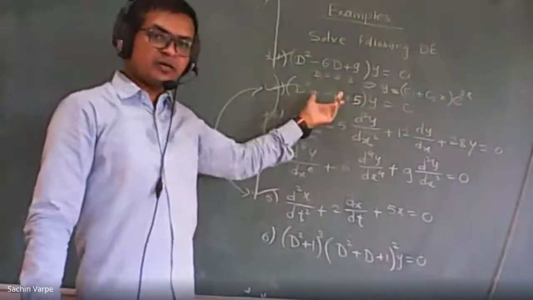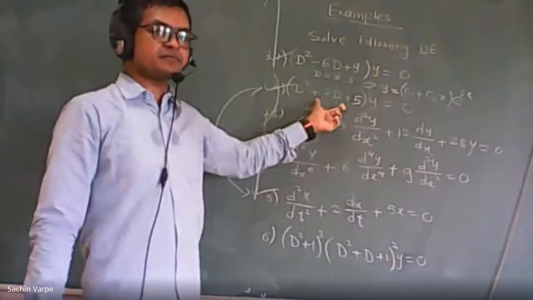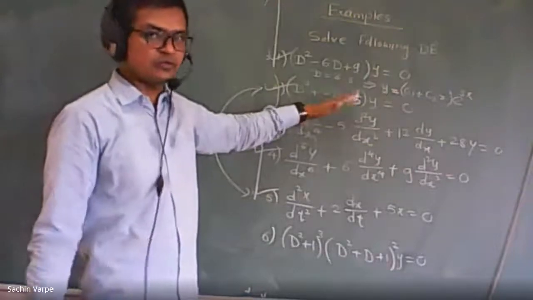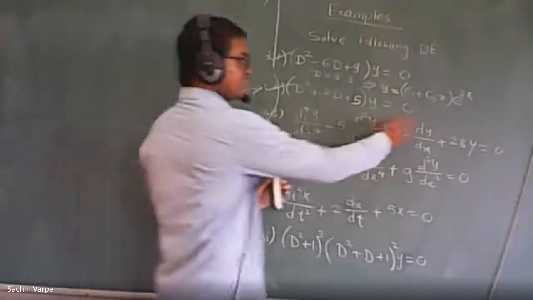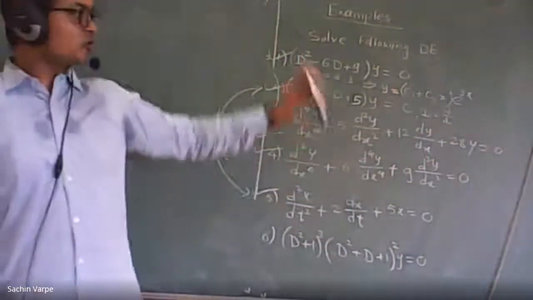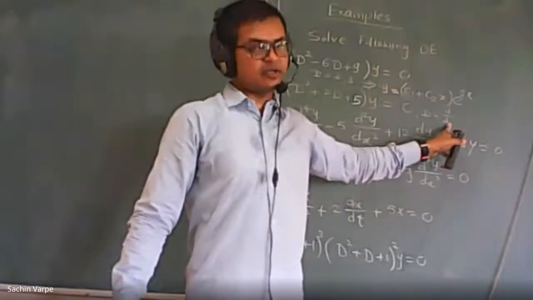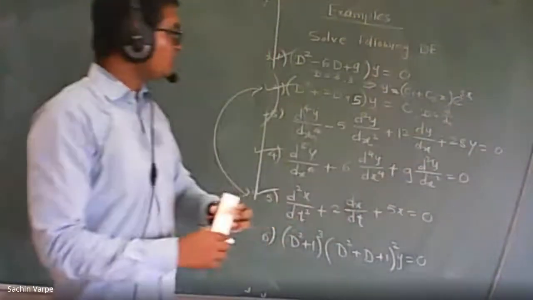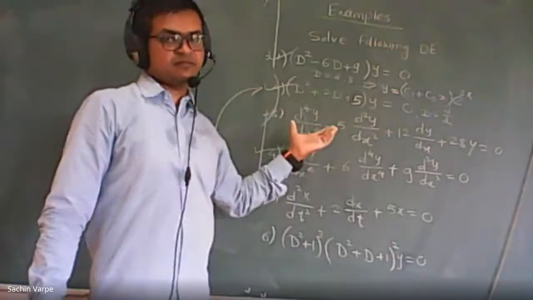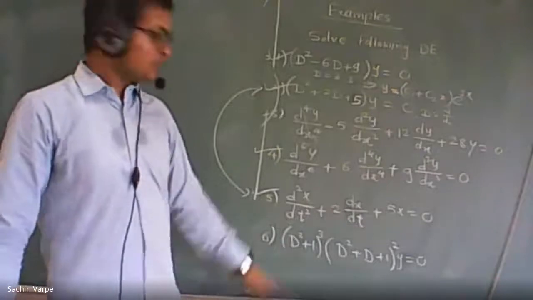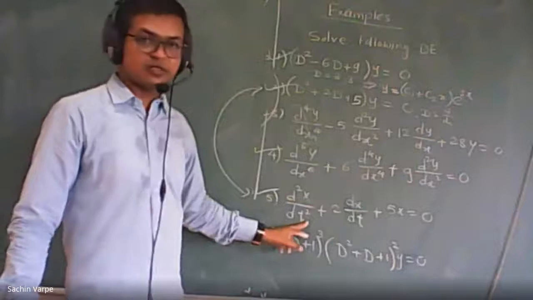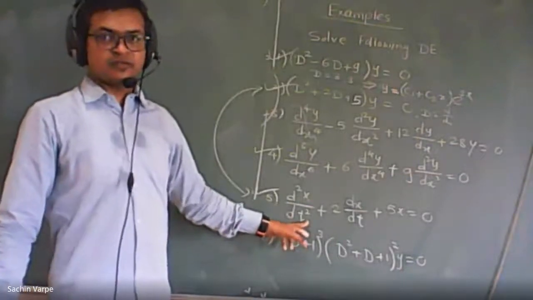It may be t or it may be anything. So even for this example, if you use the independent variable to be t, that is okay. Don't worry. But if it is given additionally that capital D is nothing but d by dx or d by dt, then you have to use that independent variable. Here only the dependent variable is given, the independent variable we don't know, so we can use any, but habitually we are using t only. But here, this is a particular case. Here the dependent variable is x and independent variable is t.